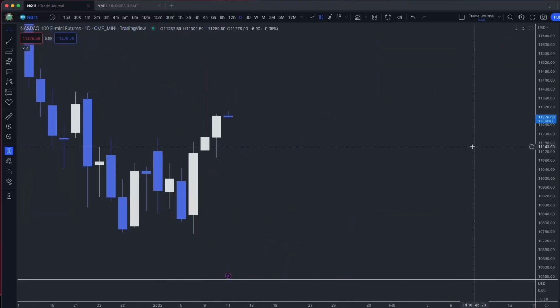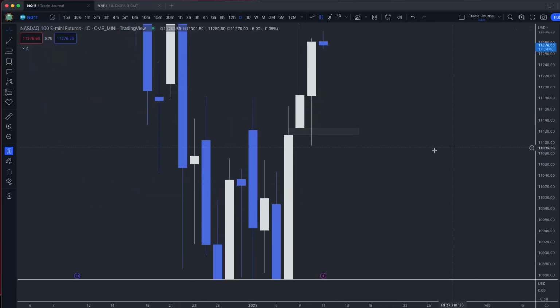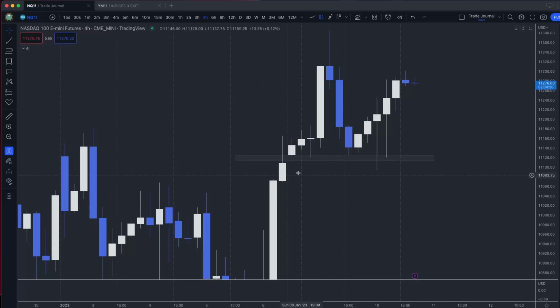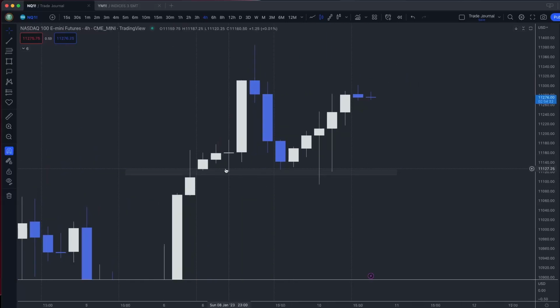It's very clear to see that we have this opening gap here on the daily chart, which is a very obvious point of interest to have. We know that when we have these gaps, we expect it to hold as support, especially when we have an aggressive move away from it. Let's look at it on the 4-hour. Market gapped open on Monday, tapped into it, big rejection, comes back down. So we expect it to hold as support until it impulsively loses it. And if it broke below it, then we would use it as a resistance area. There was an example in December where we did exactly that.